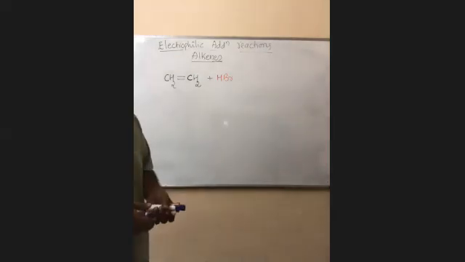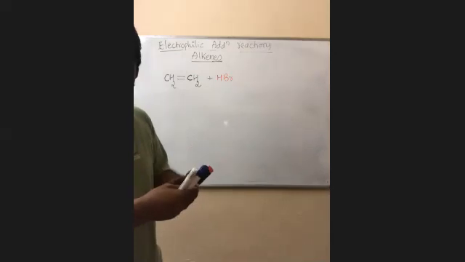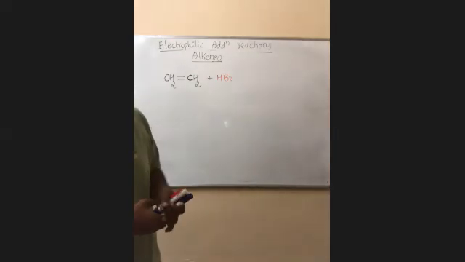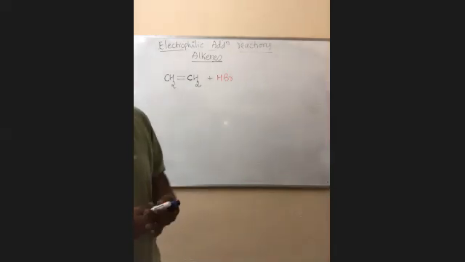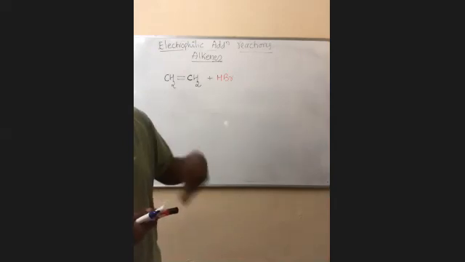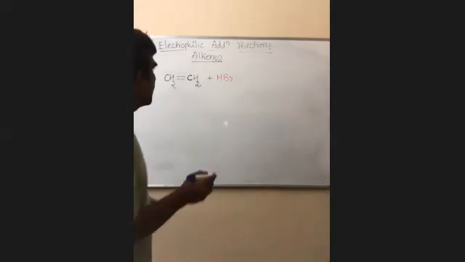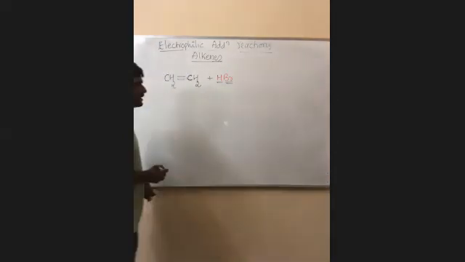Addition reaction takes place. Why? Because generally double bonds always try to become single bonds. To become more stable, double bonds always try to convert to single bonds. So how? By adding some compounds. So this is an addition reaction. Here, hydrogen and bromine, two are there. Is it clear?